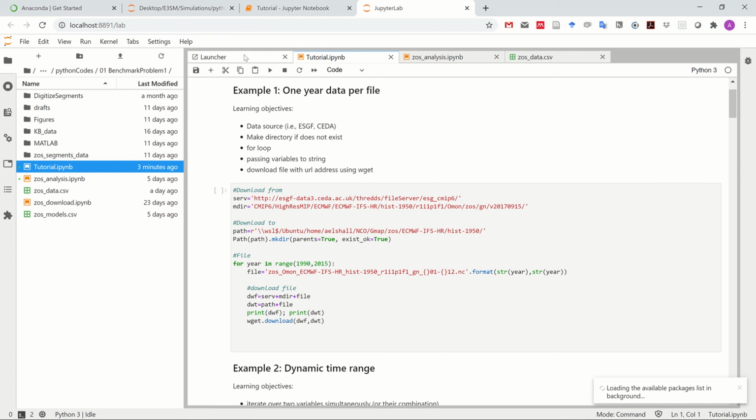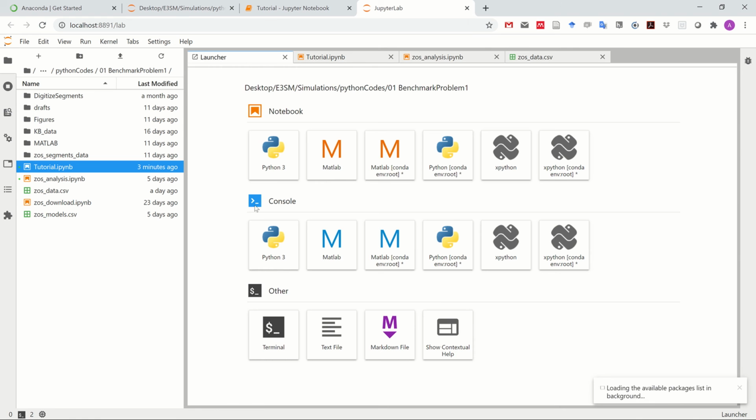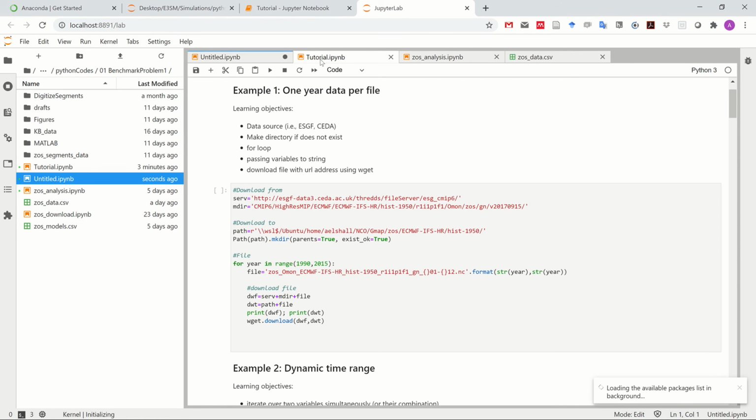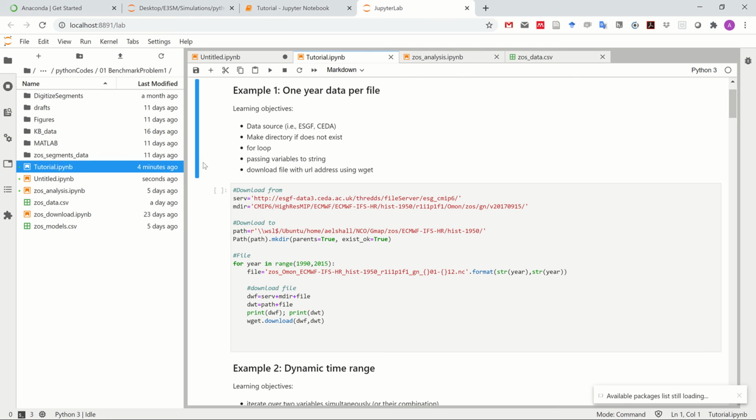If you go to the launcher, you can launch a new one. So you have all these features.